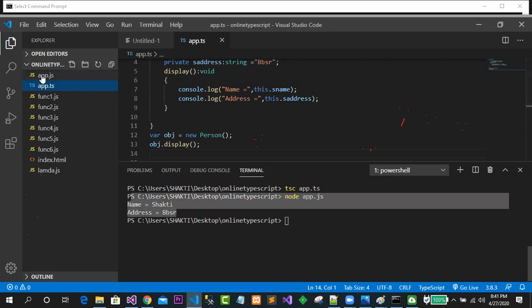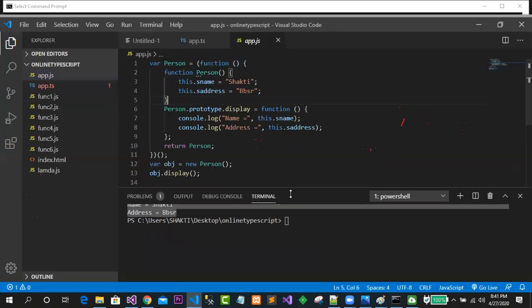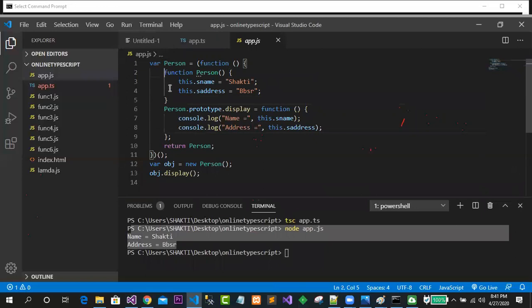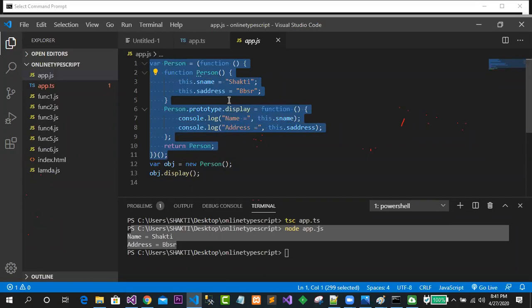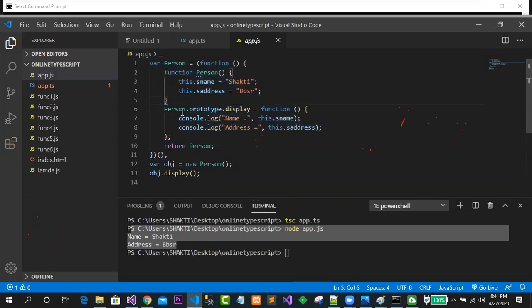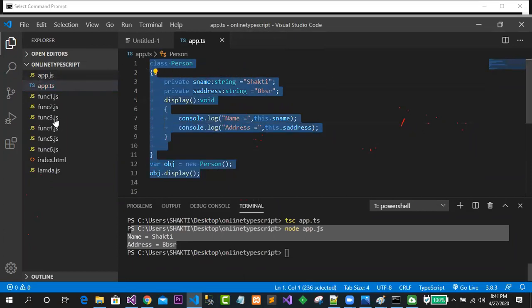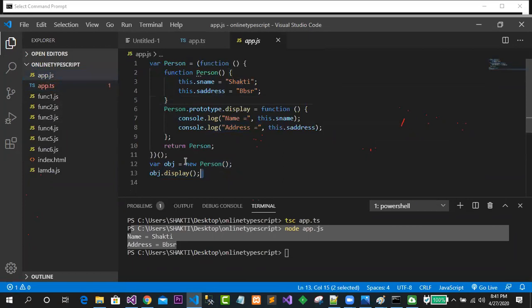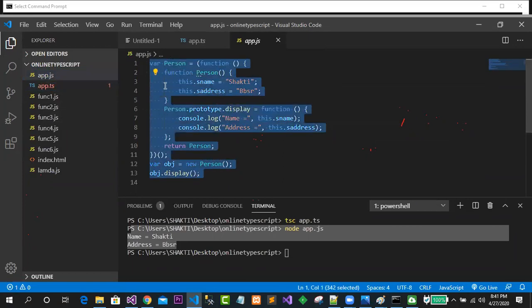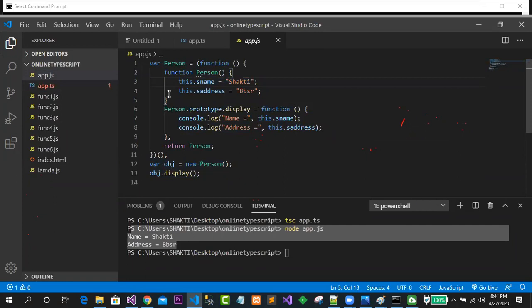Just consider the JS part now. Just see, in the JS part, a lot of things have been written. Just see the constructor function. Inside the constructor function, the values are automatically given. Those who are good in closures can go for these things. Just see all the code, how TS is making the code so much easier. You are using all the concepts of your OOPS, then it is automatically converted to its own type. So you need not worry about what the JS part is containing now.